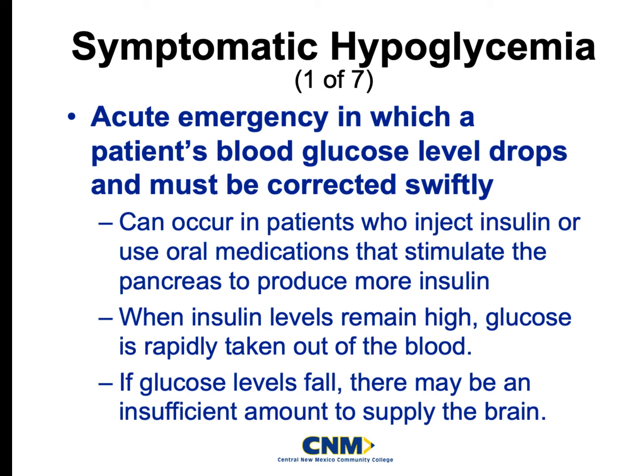This can be from patients who actually inject or maybe accidentally double up oral medications that produce a little too much insulin. Maybe that type 1 diabetic, through routine throughout their days because they've been living with this their whole lives, injected some insulin and oops, they forgot to eat. It happens, okay? They're only human, all right? That can seriously crash your sugar levels, okay? You might have that diabetic that accidentally doubled up on their actual units of insulin that they took, okay? So they didn't eat enough,